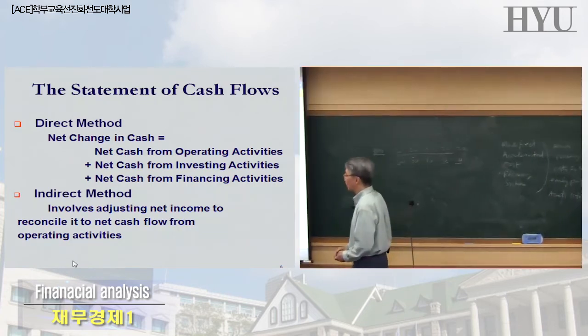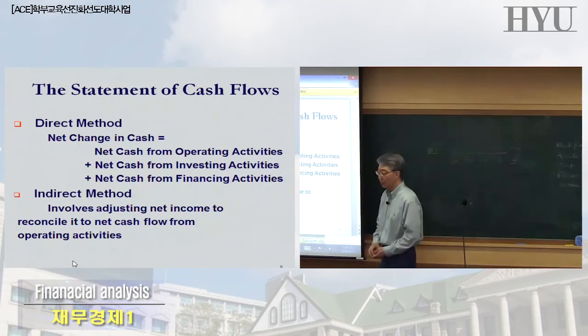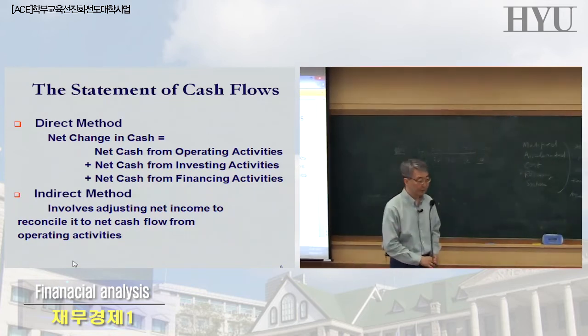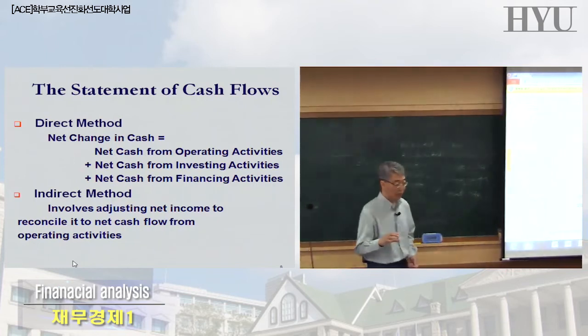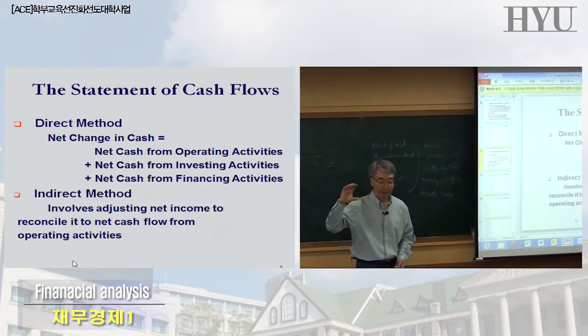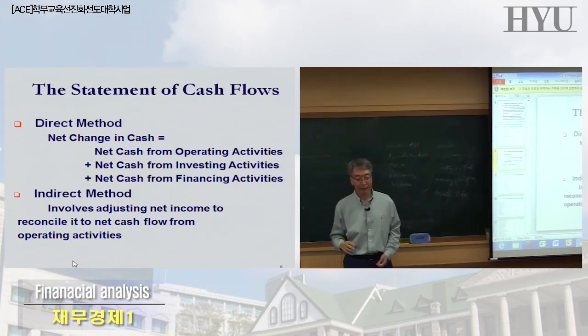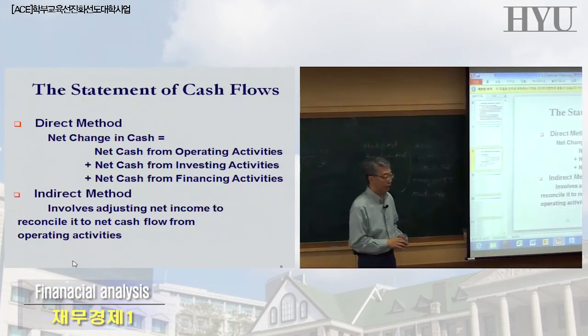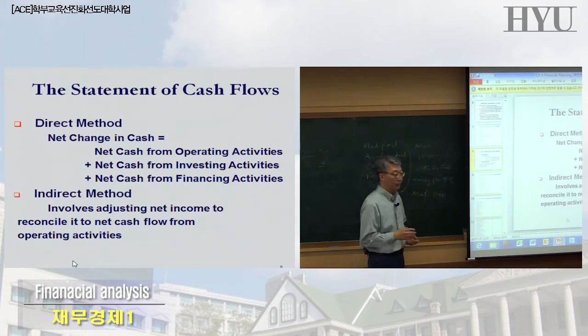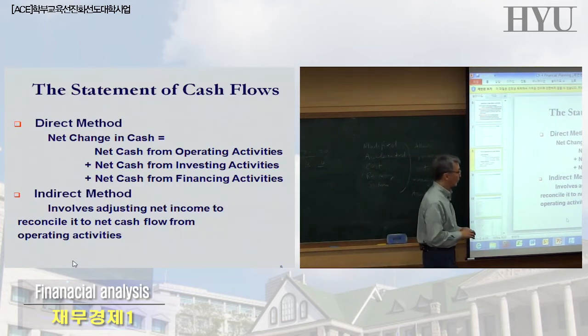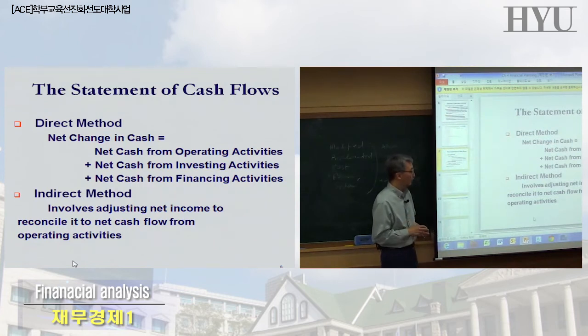All right, the statement of cash flows. We need to understand this. This is what I told you about, and we're going to talk about it in this chapter. We talked about the income statement and balance sheet so far, but this is the third major financial statement, the statement of cash flows. There are two different methods, direct method versus indirect method. And the direct method is what FASB